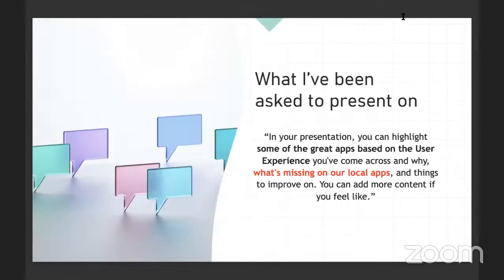I've been asked to present about this, and I quote from the email: "In your presentation, you can highlight some of the great apps based on user experience you've come across and why, what's missing on our local apps and things to improve on. You can add more content if you like." So let me start with